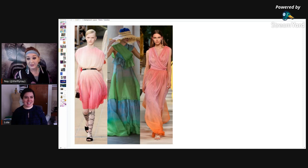And I think this is a great example too of the look back to the 70s, the tiered skirt. Yeah, that's true. Seeing a lot more of that too with the skirts that are kind of tiered, the ruffles. That's another thing that will...